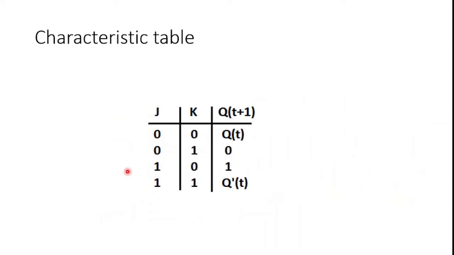Now as for the characteristic equation, we just got this one from the truth table. As I have mentioned, when J and K were both 0, the QT plus 1 was identical to QT. And when J is 0 and K is 1, the QT plus 1 was always 0. And when J is 1 and K is 0, the QT plus 1 is always 1. And for this scenario, when both J and K are 1, then QT plus 1 is the opposite of QT. Okay,